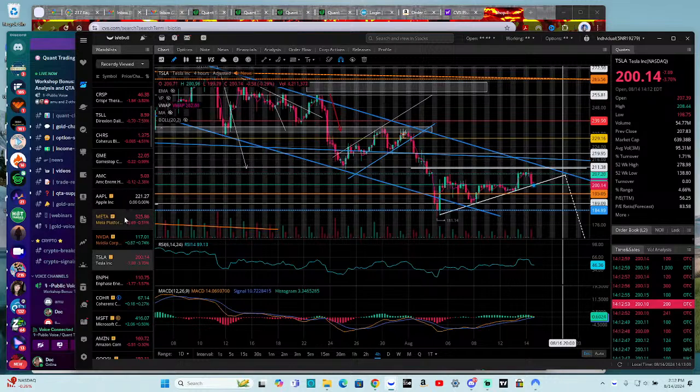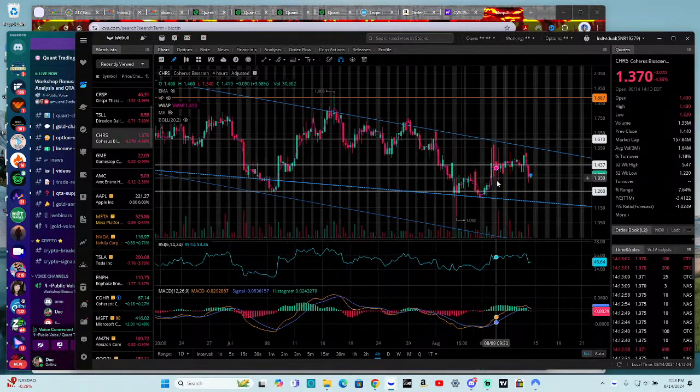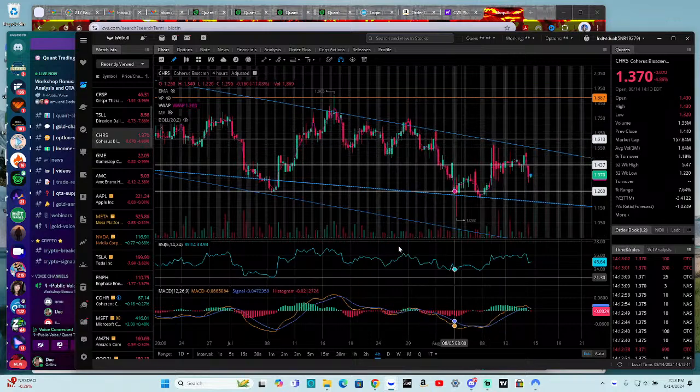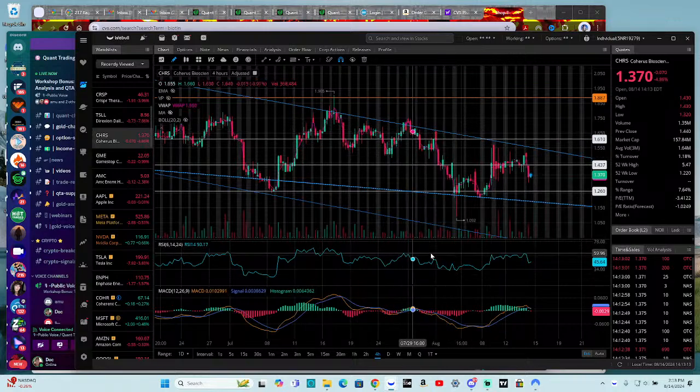And you want to look also at the peaks. We'll pull up the Coherus that we were just talking about. So you have the peaks here on the tops. So you have a peak and then a lower peak. So that's a lowering price action. In this case, the RSI is straight. See, it's at the same level here. And then you walk over to, in this case,